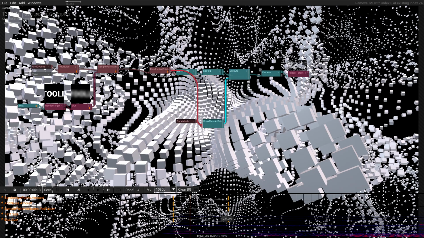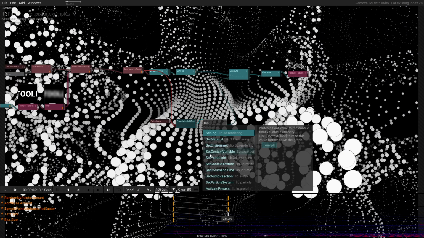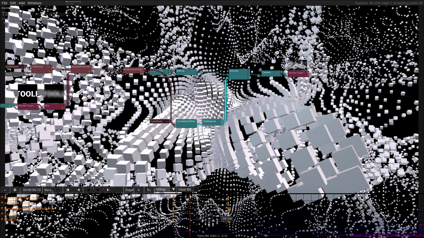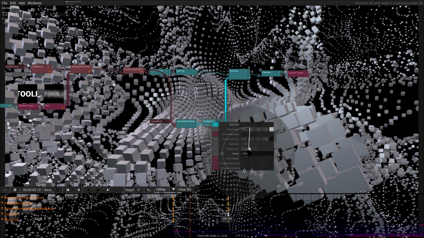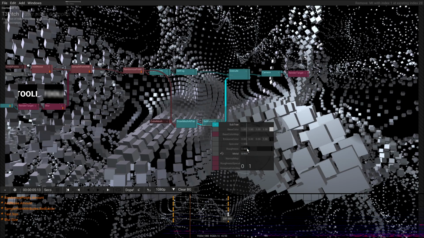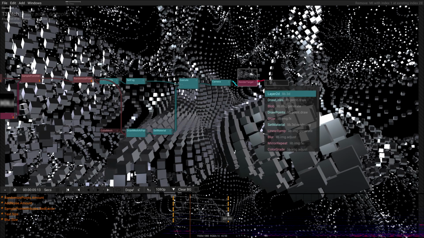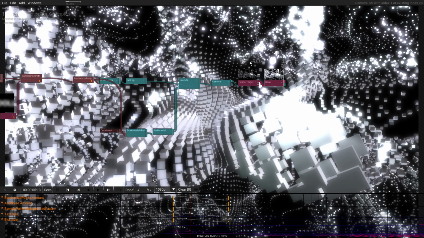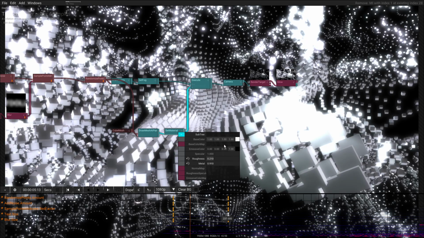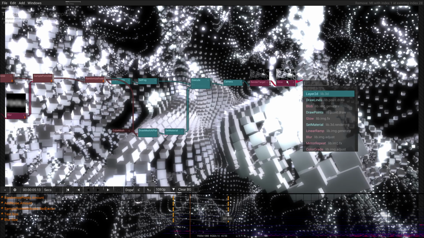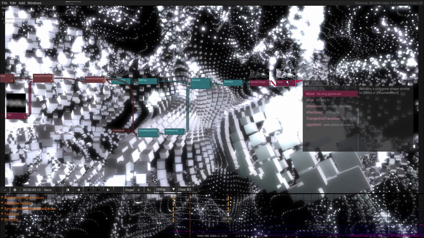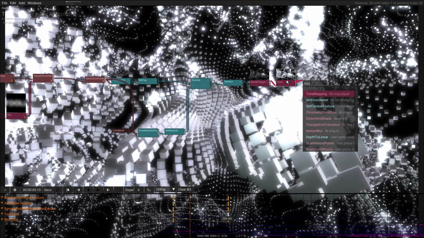So maybe we also want to set the material of these, and maybe less metallic and shinier. Maybe you also want to add some post-processing like glow or so. And maybe we do a tone mapping.